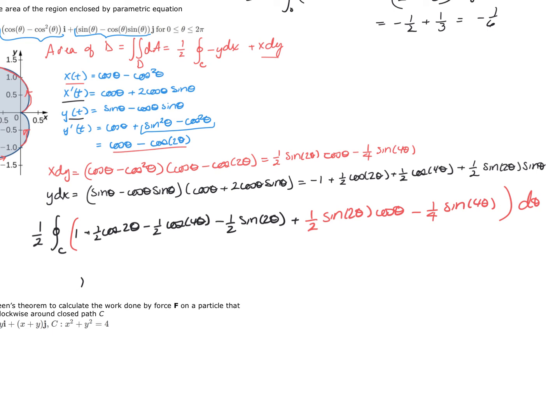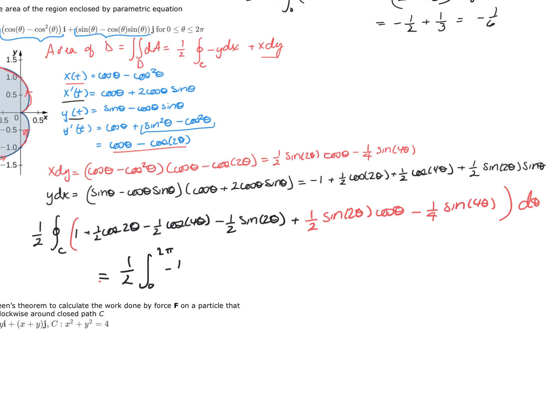Now, this actually isn't all that bad. It's not delicious, but it's not all that bad. We do get some cancellations, and we do get some simplifications. So this ends up becoming, this is equal to, someday my pen will be a part of the conversation. This is going to be equal to 1/2. Now, because my shape is going from 0 to 2 pi, it's going to be the integral from 0 to 2 pi